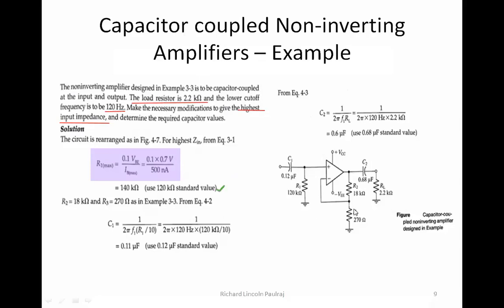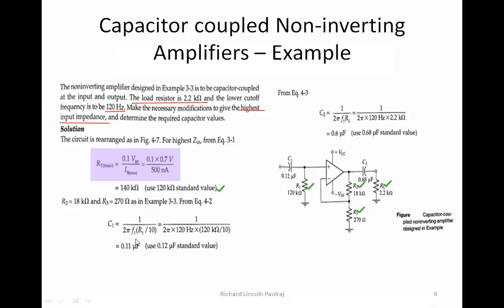Yeah, we're going to take about 120 for R1. So R1 is 120 and here RL is given as 2.2. I already have it. And what else is given? Yeah, that's it. Only those two are given. And we are going to use the previously calculated problems, which means R2 is equal to 18 is also taken previously and R3 is equal to 270. Okay, so just refer to my notes in the first module, where you will be able to find this exact diagram, right? But in that you wouldn't find coupling capacitors C1 and C2.